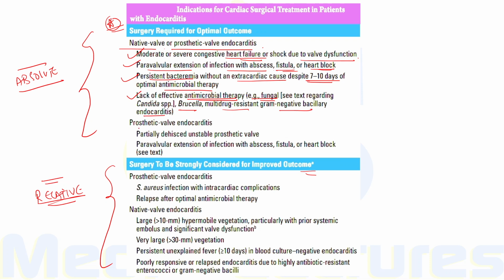Now, especially for prosthetic valve endocarditis, partially dehisced unstable prosthetic valve and paravalvular extension of infection are the absolute indications